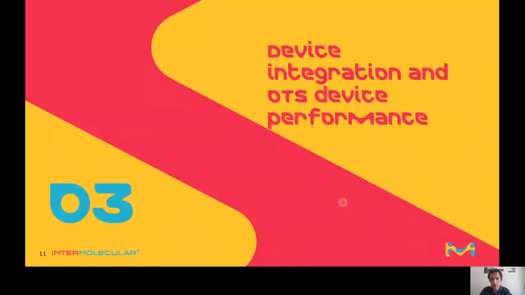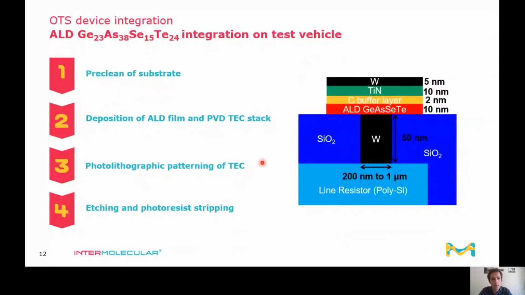So now let's see the device integration and OTS device performance. We started with the pre-clean of the substrate, our internal test vehicle substrate. Then we deposited the ALD film and the PVD top electrode stack containing carbon buffer layer, titanium nitride, and tungsten. And then we went through the photolithography patterning of the top electrode, etching, and photoresist stripping. These are very common steps of the IC process